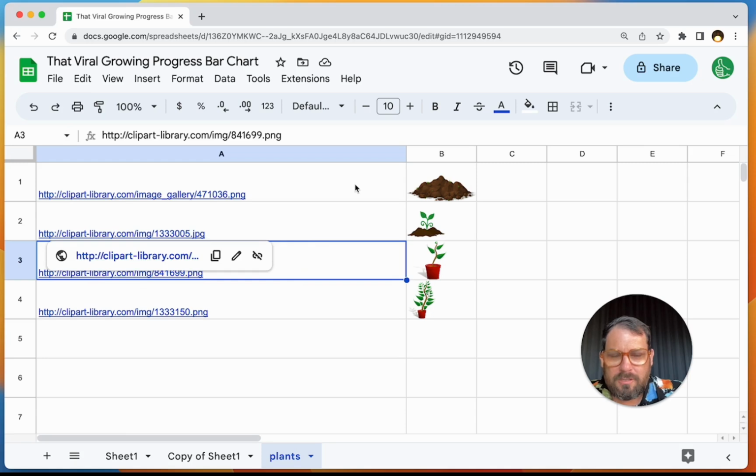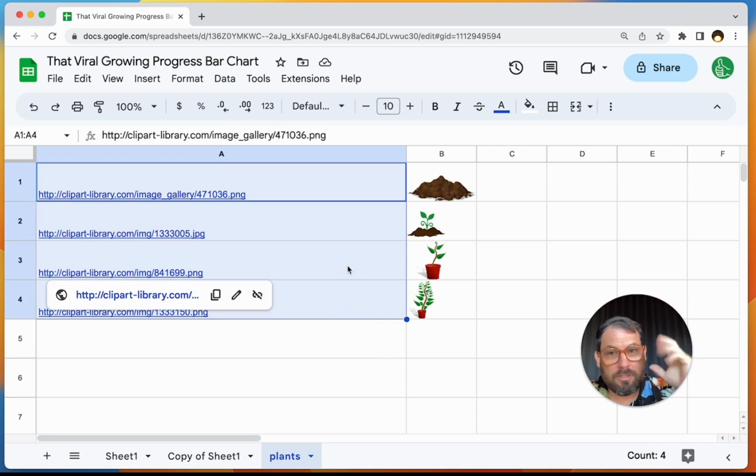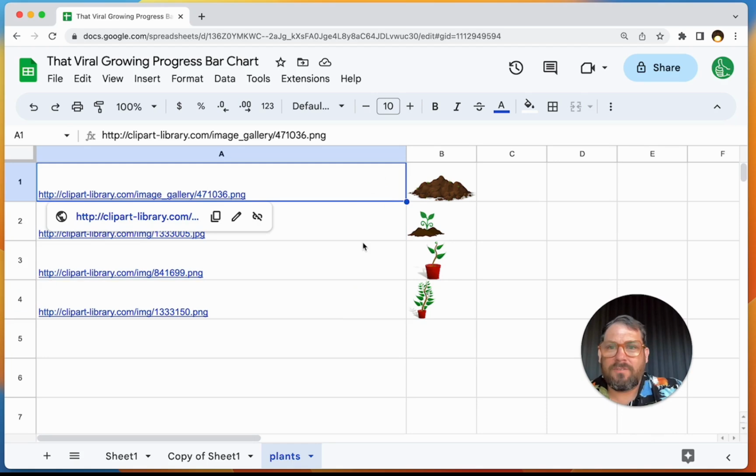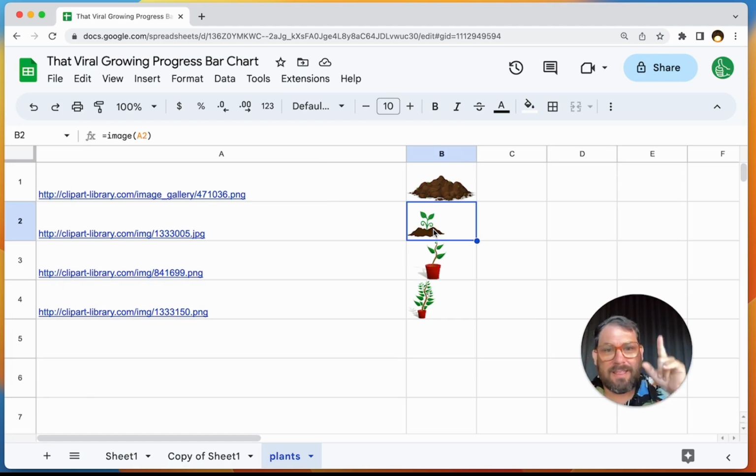You can do this, but I would actually recommend hosting your own images, especially if you are going to create a task management system and sell it to someone else, 100% you should be hosting your own images. If you are just doing this for fun, for your own personal use, then yeah, go find some Google images, and then you have to find the actual image URL. You cannot put these inside of a Google Drive and then access them there. You will have to actually host them online somewhere, or get the actual URL of the actual image, not just click the download button. I had to go to the download button and click and find the actual image address,